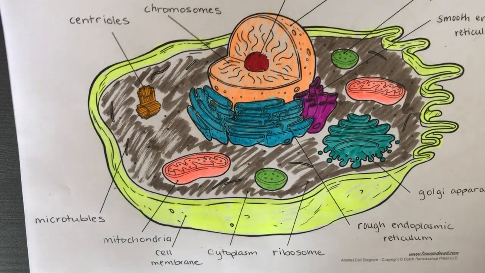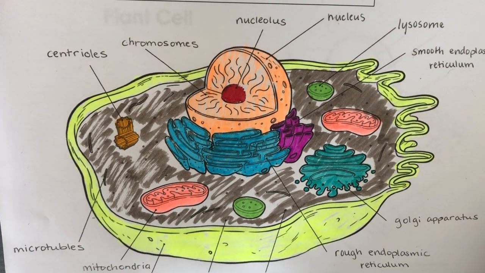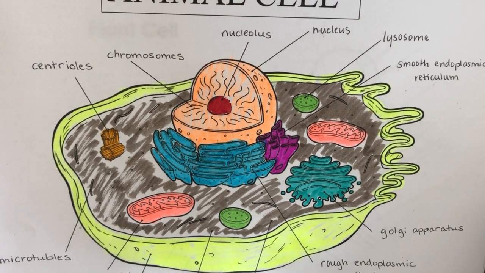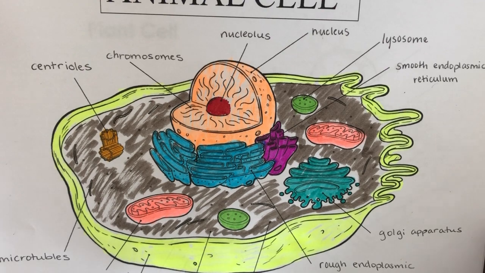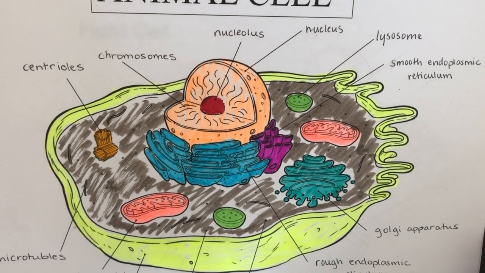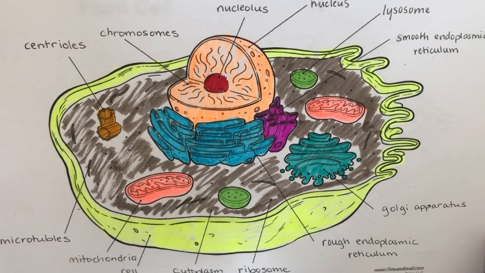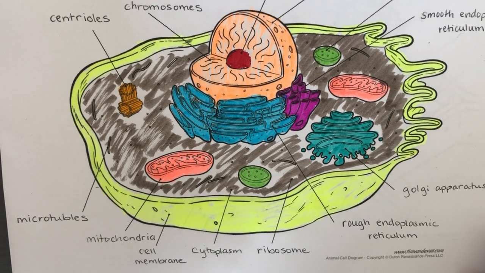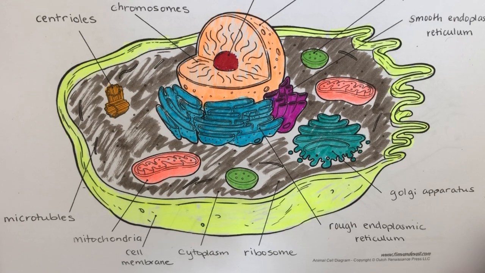All right, that's your animal cell. Feel free to print a couple of these and color them several times if that's helpful to you, or just don't color them, just label them. But knowing the parts of the cell is something that you're going to want to do. So go ahead, and if you need another part of this, feel free to fast forward or rewind to the part that you need,